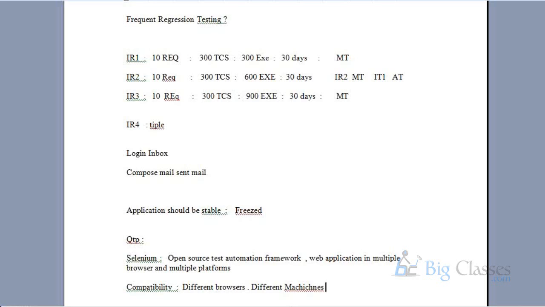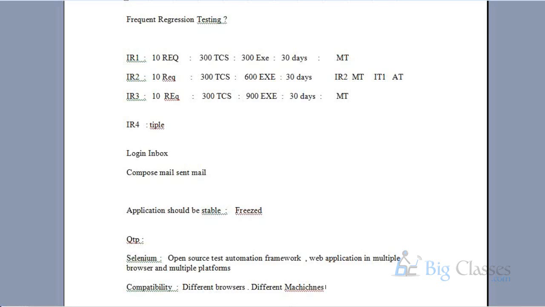So that's why we are literally getting paid only for doing the compatibility testing. Manually it's not possible. Even by using QTP these things are not possible. You can execute your test case only in the IE browser. You cannot execute in Firefox, Chrome and Safari. You can execute your test case only on a Windows machine by using QTP. You cannot execute in Linux, Unix, Mac machines. But nowadays everybody is using Mac machines, iPhone and MacBook. You have to certify your product in all those environments.